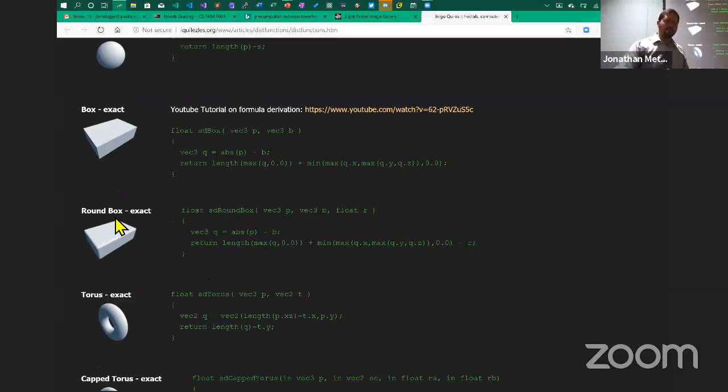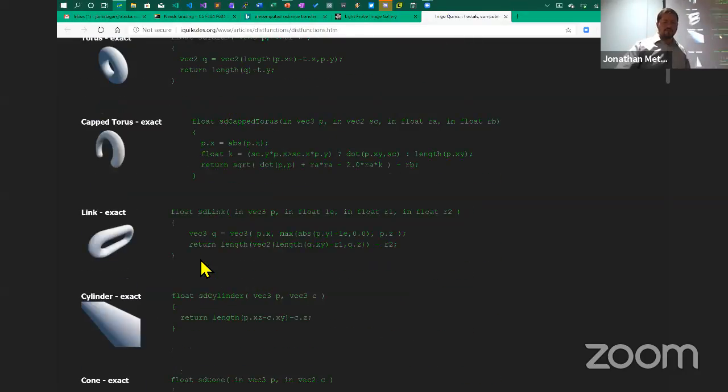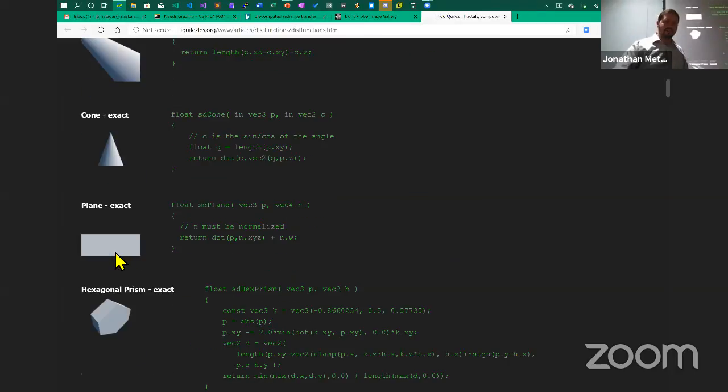You can also do a rounded box with this one. It's almost the same thing except minus R. So we can make the box round by simply subtracting that radius on the very end. Okay, there's a torus, a capped torus, all these different kinds of shapes,